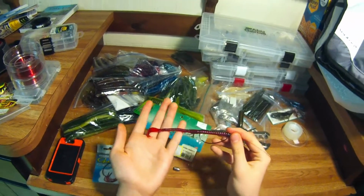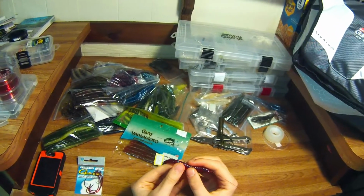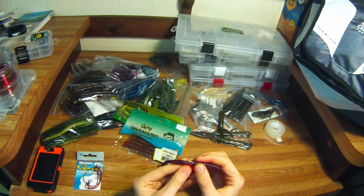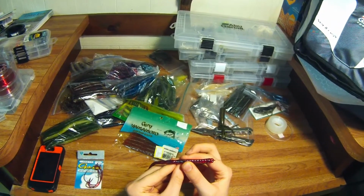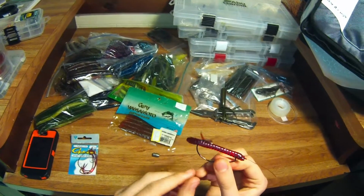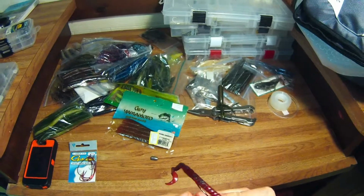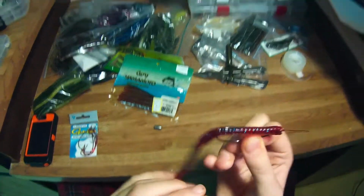You try to get it as straight as possible. If you're fishing lots of weeds, try to cover the tip so none of the weeds get in. All you gotta do is push that, like that, through. I'm not gonna do it right now because I usually don't fish weeds. If you just get the tip in, right there, none of the